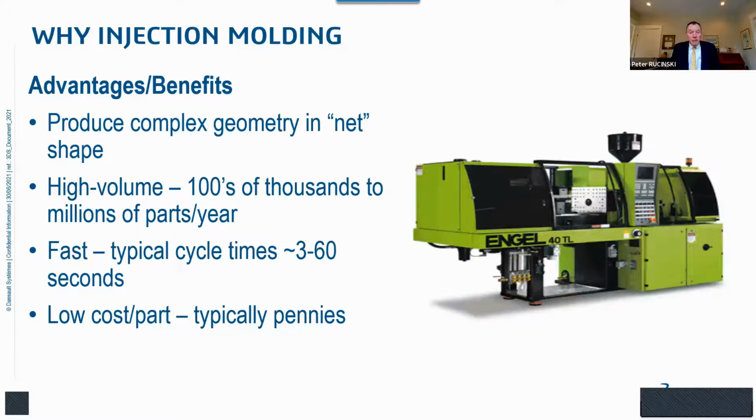Injection molding is a very high volume manufacturing process. This is one of the reasons why simulation can add so much value to the injection molding process. If you use simulation to save 5% of your material usage or shave a few percent off of your cycle time, because it is such a high volume manufacturing process, the cost savings can grow exponentially over time. So you're usually looking to produce hundreds of thousands, if not millions, of parts per year out of just one mold running in just one machine.